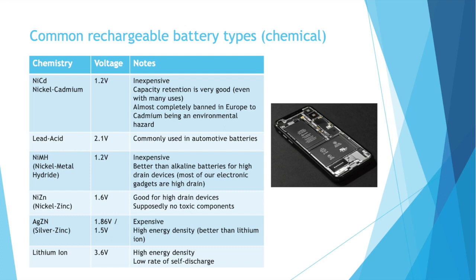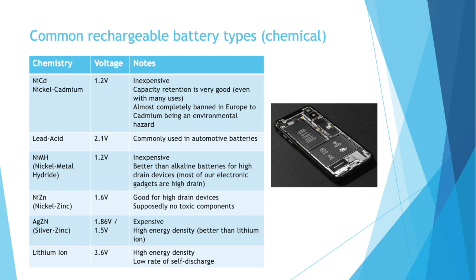They're inexpensive. They hold on to their capacity very well, even with many uses. However, they are almost completely banned in Europe due to cadmium being an environmental hazard. You have lead acid batteries. These are typically 2.1 volts and are often found in automotive batteries. So if you open the hood of your car and you see that giant battery, that's probably a lead acid